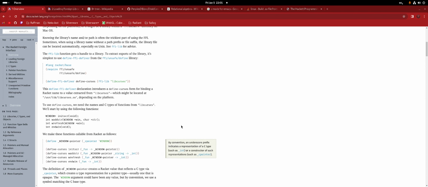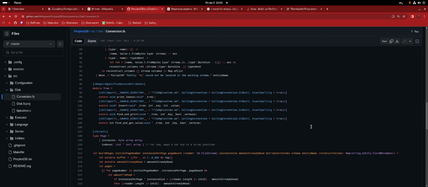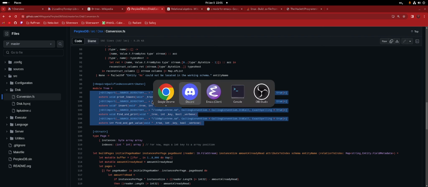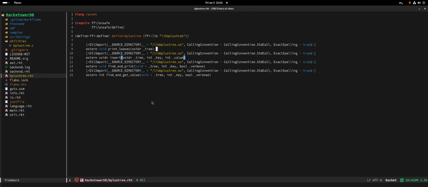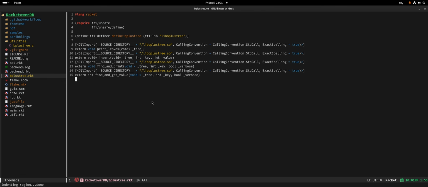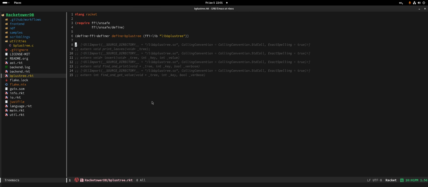I actually have another question, which is window pointer, CP pointer. So this is a C pointer for a window. Do we need anything like that? Maybe we do. That's just an alias for a pointer type, basically. That's an alias for a pointer type. Let's actually copy these things, because we're gonna forget them. So let's have them here.